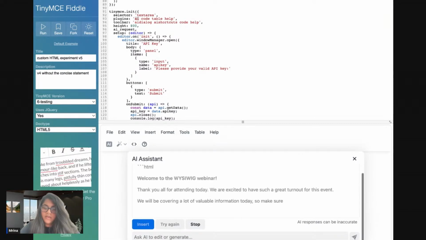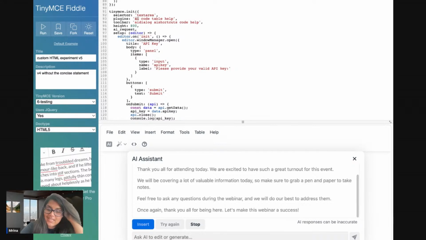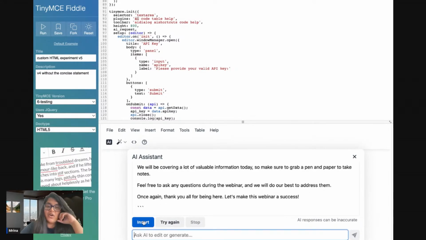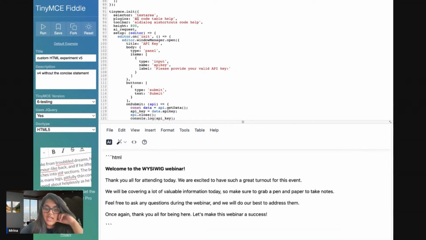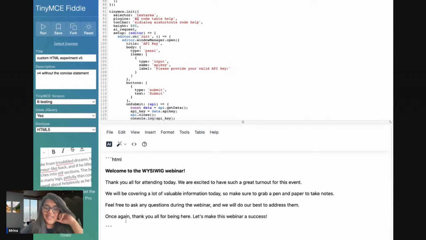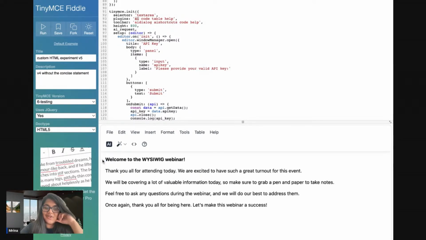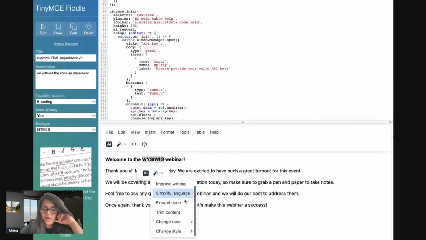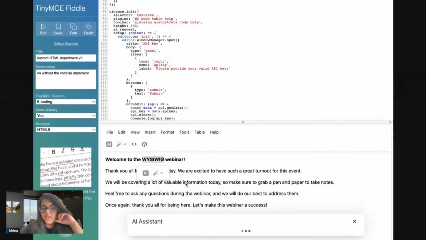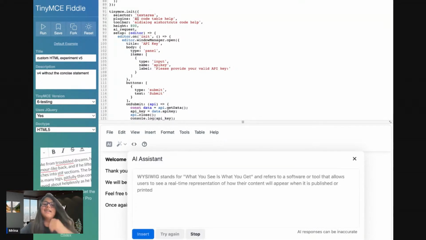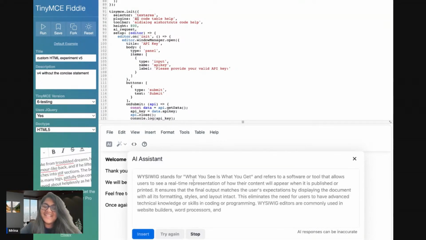And very quickly, we have a formatted, rich text that's generated by our ChatGPT plugin. It thanks you for attending the webinar, says it loves the turnout that we have today, and has that formatted and set up for us. Now, having this HTML is not ideal, so we do have to work on that. Now, let's say we have some shortcuts and we want to understand what WYSIWYG is. We can ask our AI assistant,